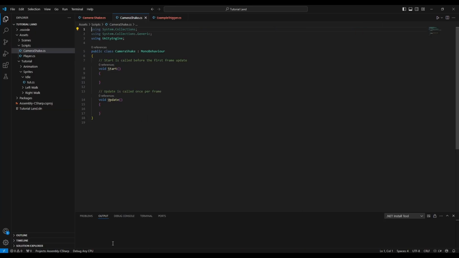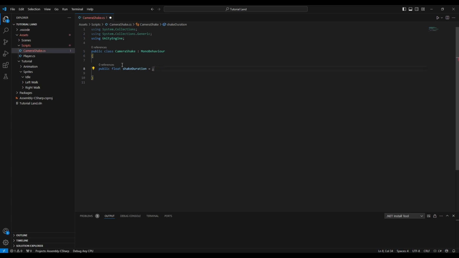And then going into the script, I'm going to take out these two lifecycle methods, and I'm going to create three public fields. One called shake duration, which I will just set to 1 for now. Another one for shake magnitude, and another public float called damping speed. The duration is how long we want the camera to shake. The magnitude is how much we want it to shake, and damping for if we want to reduce how much